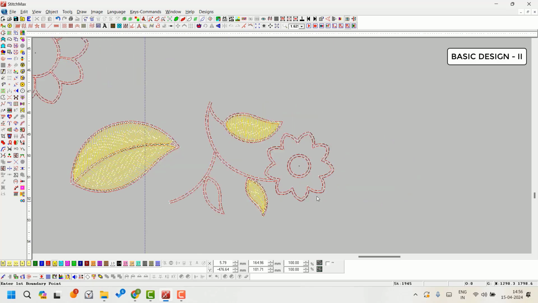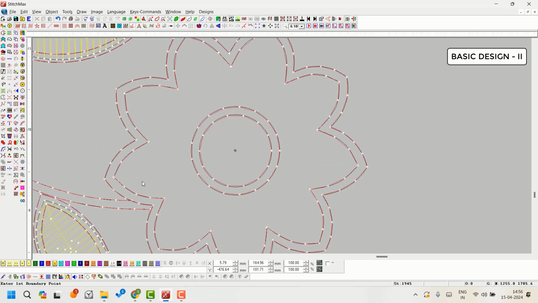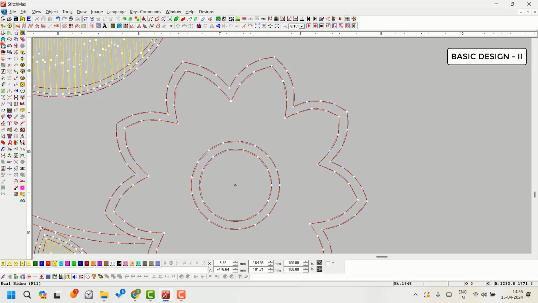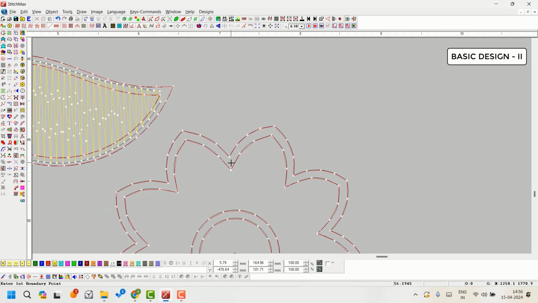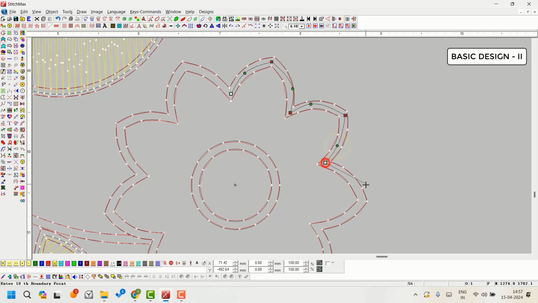After making all these leaves, you have to make a flower. To make the flower, you need to take a dual side. On the first side, you have to draw between both the outer lines on the outside. Left-click on the corner and right-click to take shape.